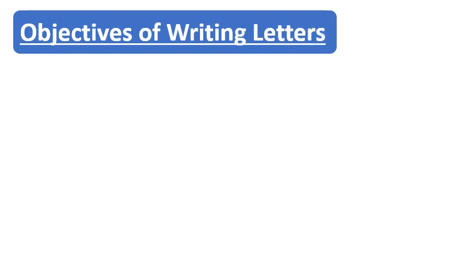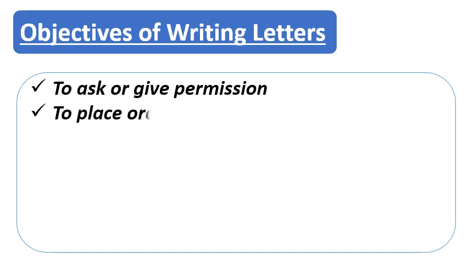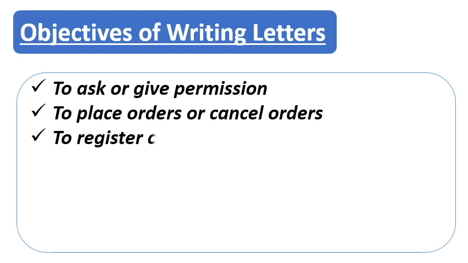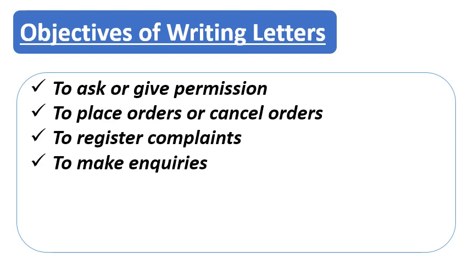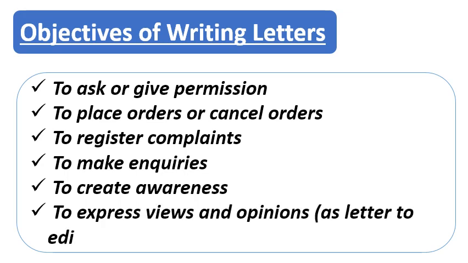So now let's see what are the objectives of writing letters. Number 1, to ask or give permission. Number 2, to place orders or cancel orders. Number 3, to register complaints. Number 4, to make enquiries. Number 5, to create awareness. Number 6, to express views and opinions. When we write a letter to the editor of newspaper or magazine,